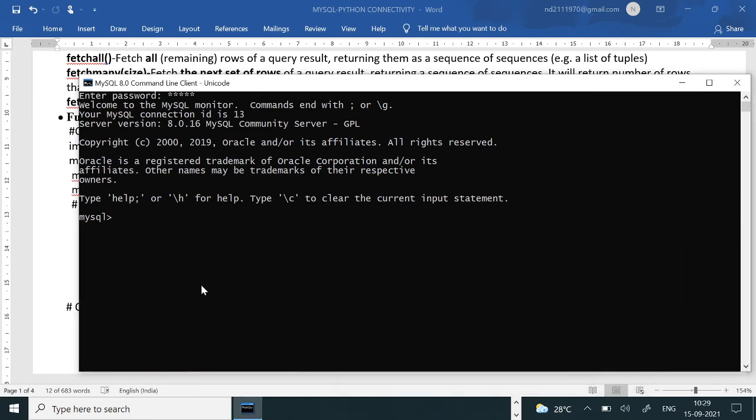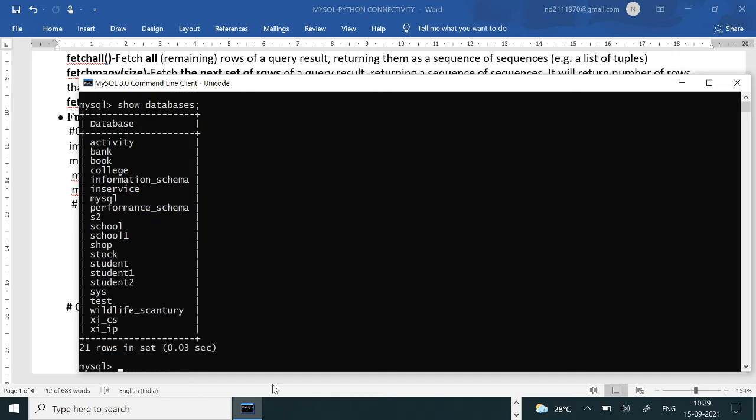Yes. Now in MySQL, when I show all the databases, show databases. Previously I forgot to show because college was not there, but just now I have created it, so you can see the fourth option is college. So college is already here. Clear?